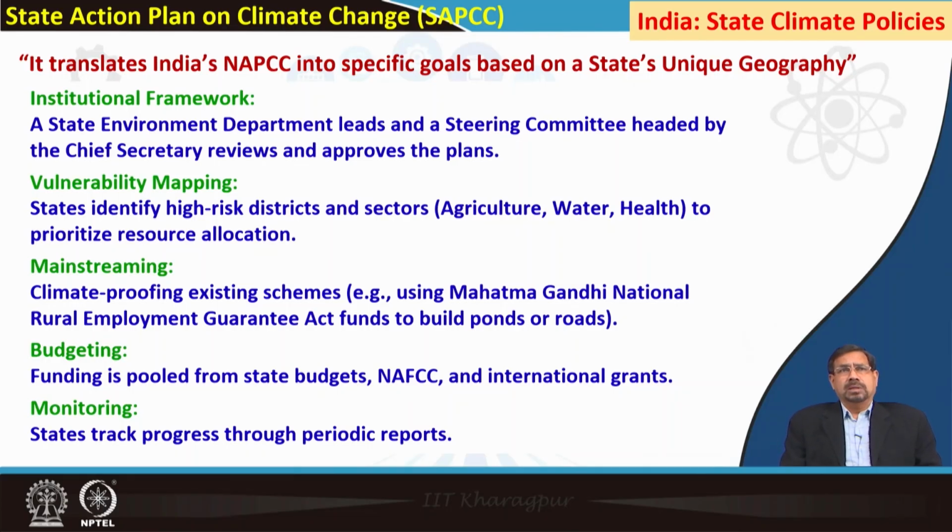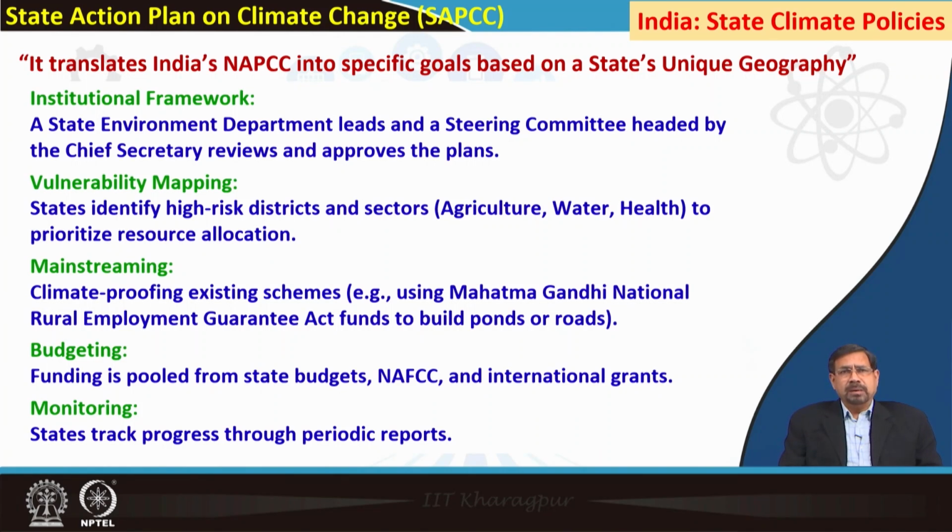Now, moving on to the state action plans. What is the motto of the state action plans? They translate the national action plan on climate change, or you say India's NAPCC, into specific goals based on states' unique geography. Different states have different geography and they all fall under different biogeography or agroclimatic regions. So, whatever is more suitable with respect to their climatic needs, they should go for those kinds of actions. So, in terms of this institutional framework,